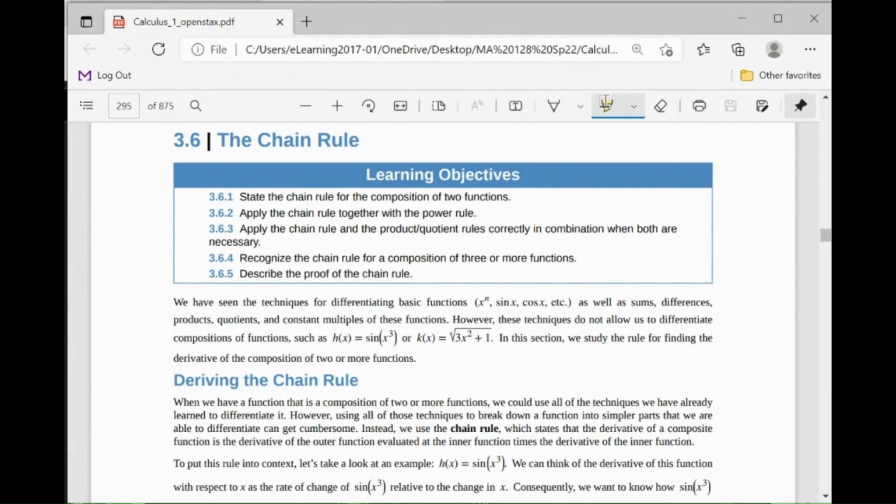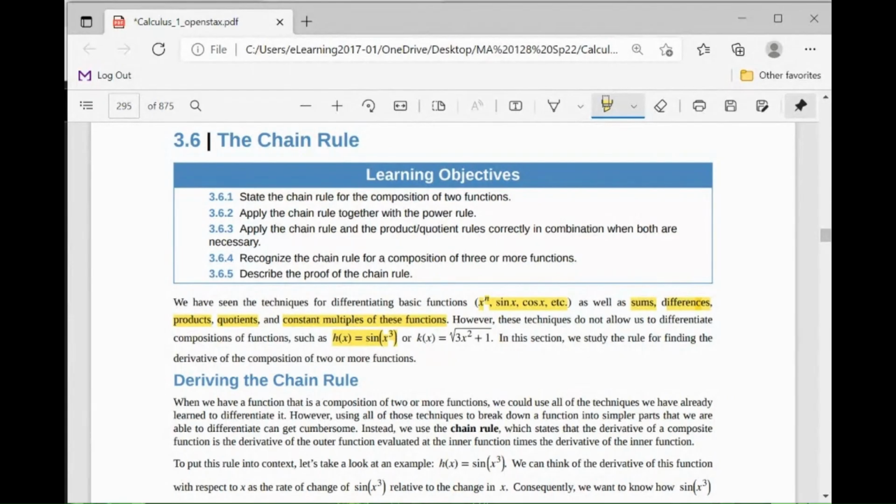So we have seen techniques for differentiating basic functions such as x to the n, sine x, and cosine x, other trig functions, some polynomials, as well as sums of functions, differences of functions, products or quotients of functions, and constant multiples of these functions. So those are the things we have learned so far, and we have seen some examples on them in the exam. However, these techniques do not allow us to differentiate